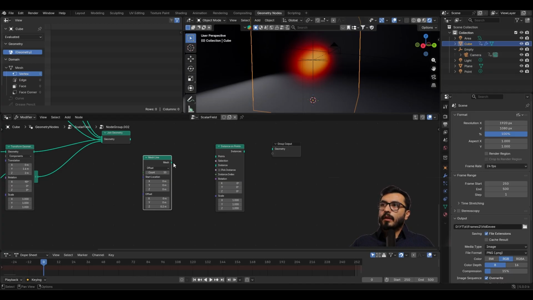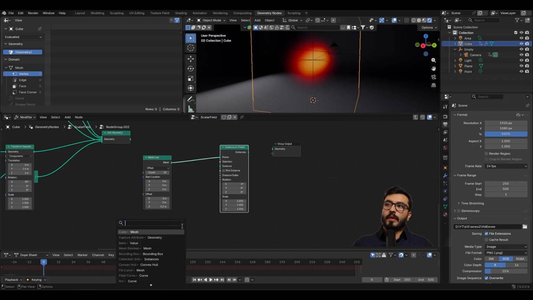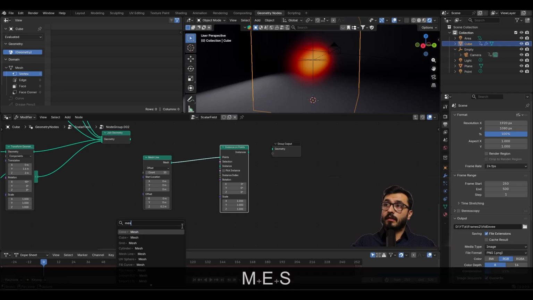So the points will be the mesh. We will set the points here. So our points will be those points that we have defined in this edge, and what we'll have as instances, as I mentioned, will be another line. So we will put a line, a new line in the other direction, in Y direction for example, in each point. So again we will write mesh line,